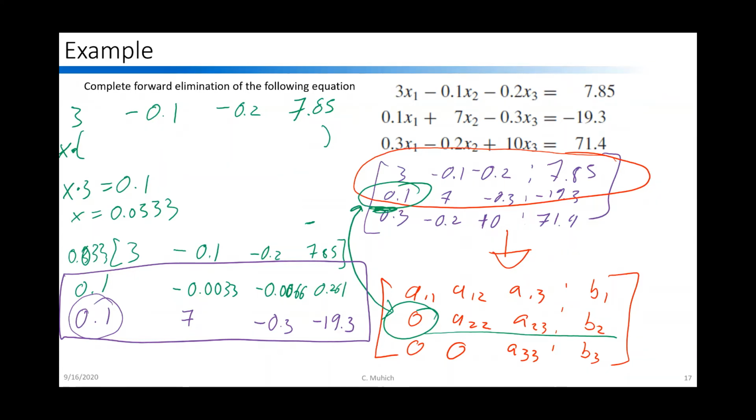So I'm going to take that top case and subtract the top from the bottom. I get 7.000033, negative 0.2933, and then negative 19.56. All right, so all this math is essentially going to has enabled me, by subtracting the